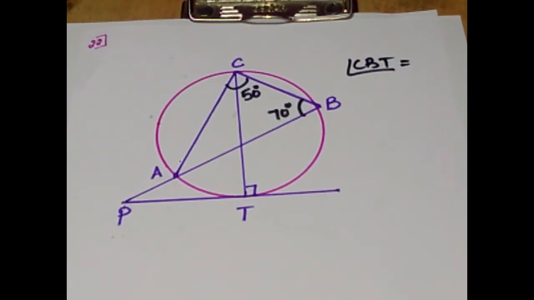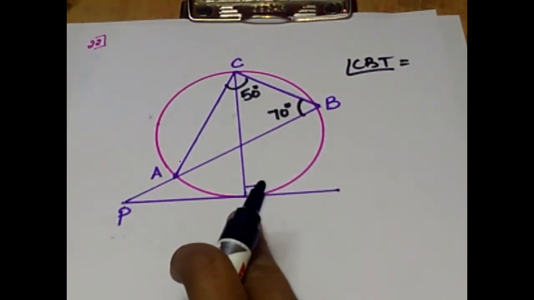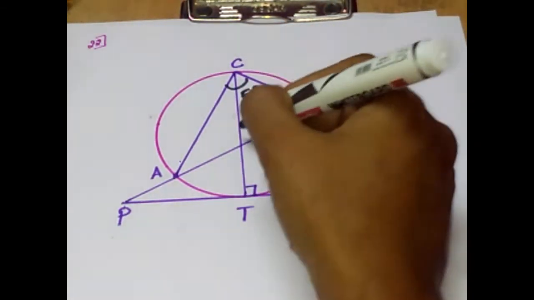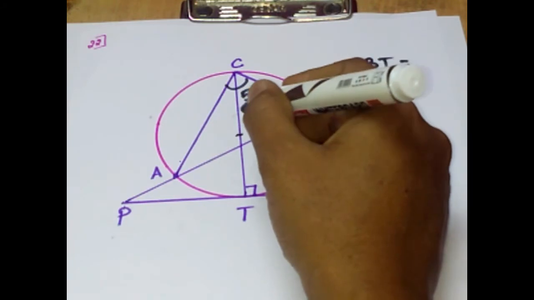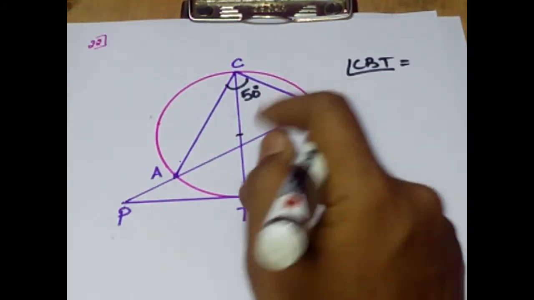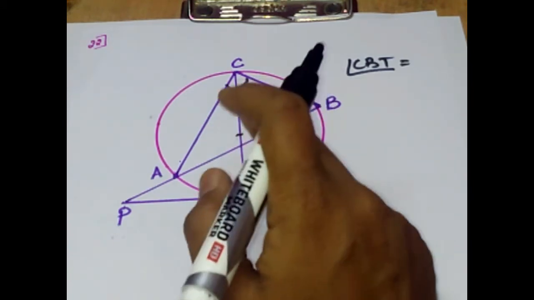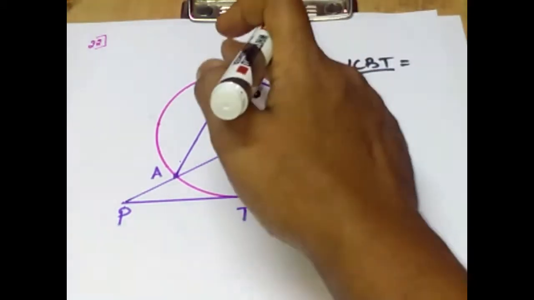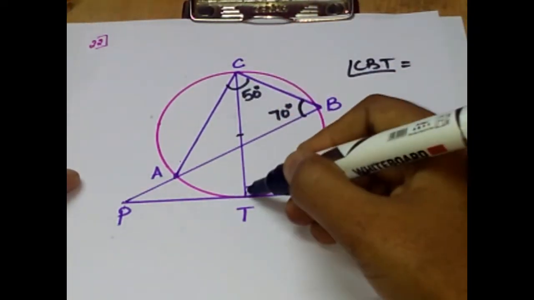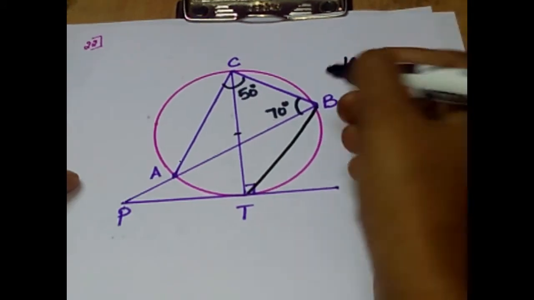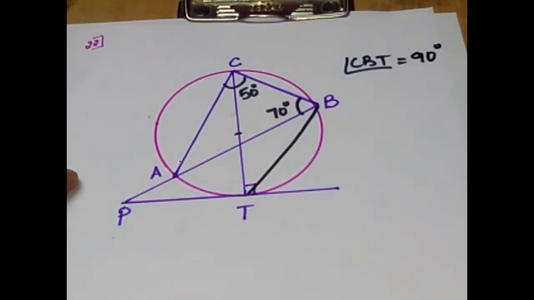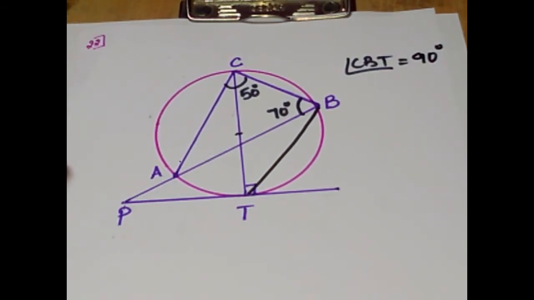And here you can find there is an angle marked at the point T. Hence we can say that CT is a diameter. So center is not marked here. As the angle is marked as 90 degree, angle between the radius or the diameter and the tangent, we can say that CT is a diameter. Hence angle CBT will be equal to 90 degree. Join BT. The first result is angle CBT is equal to 90 degree.